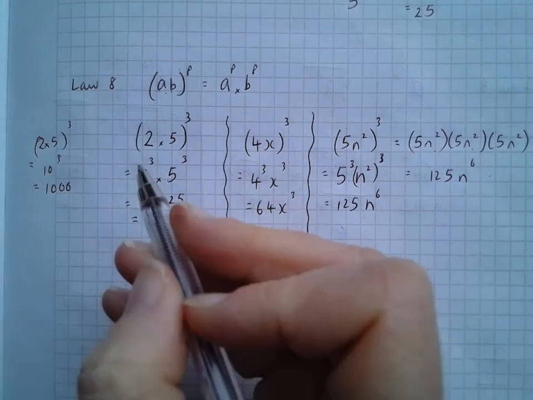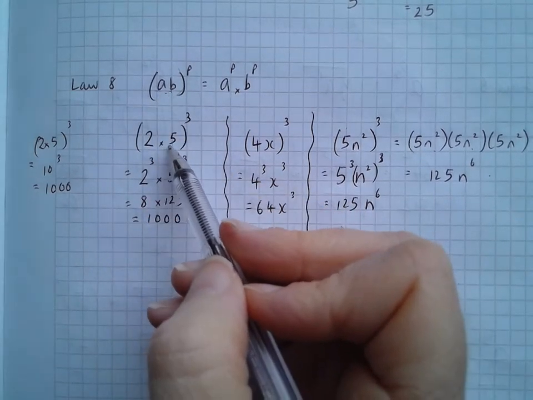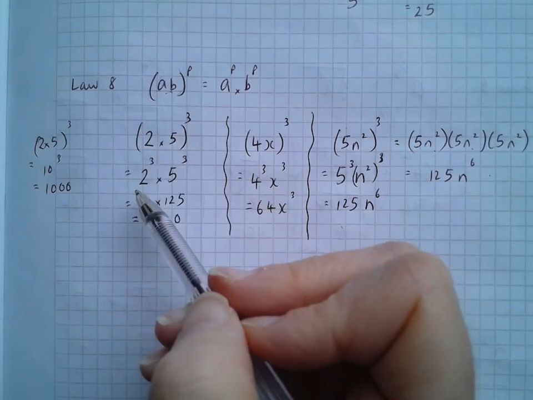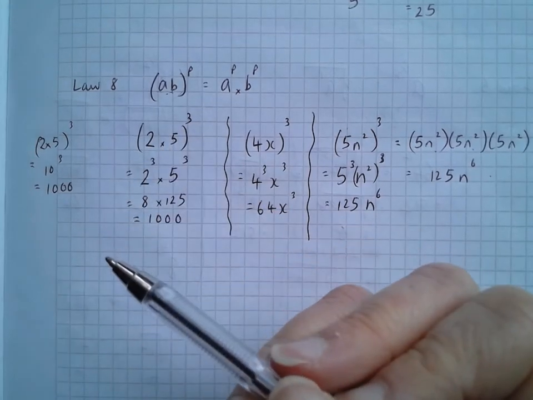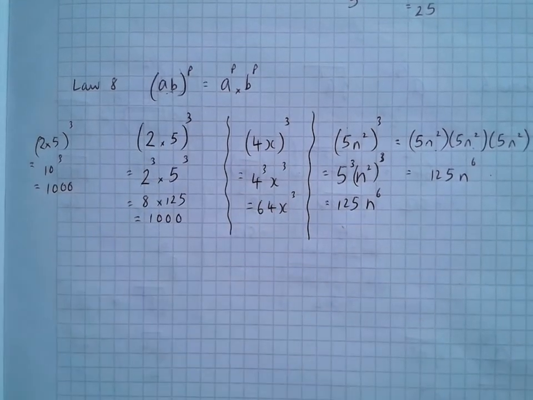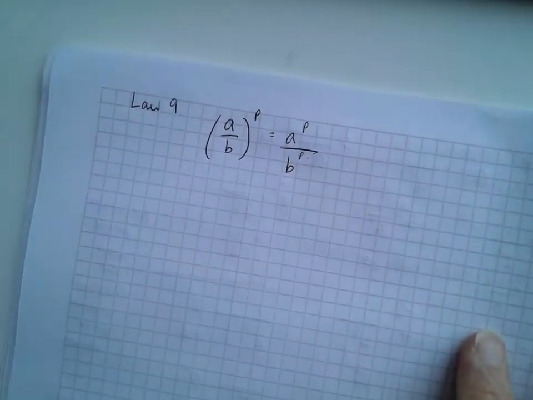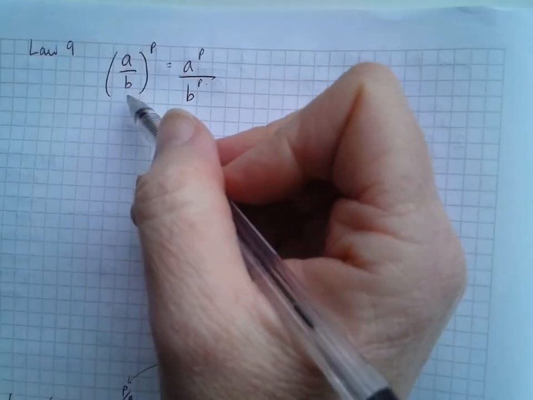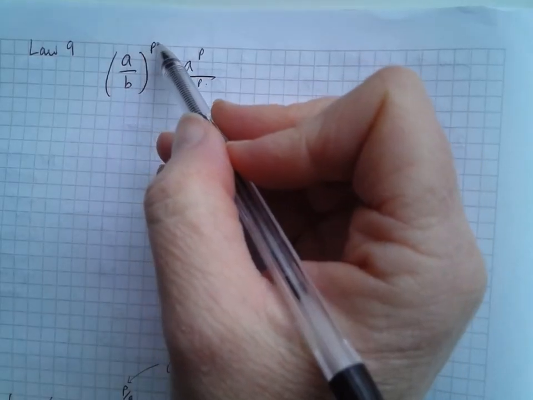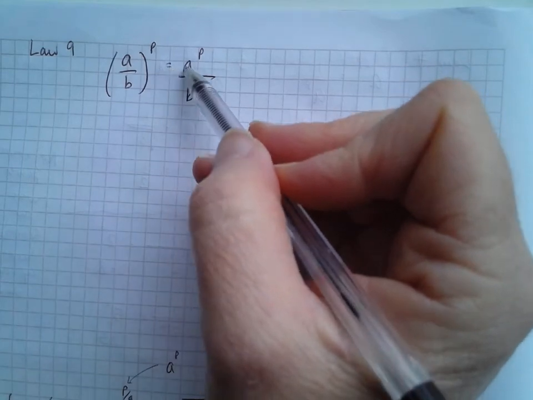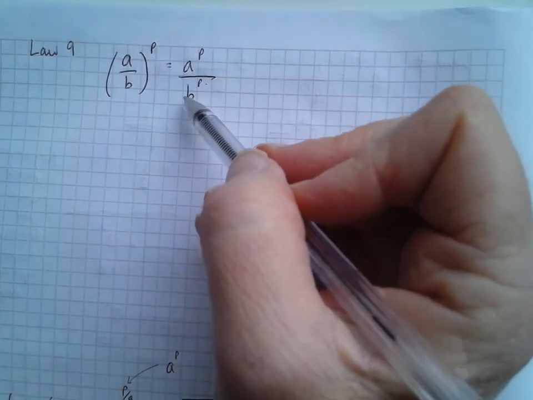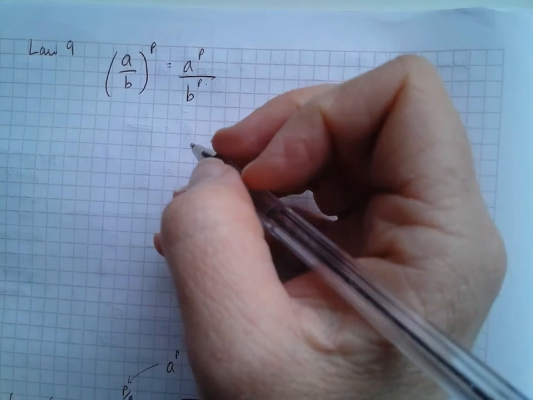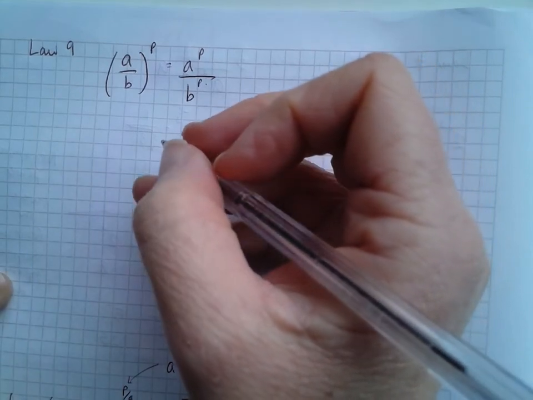Okay, if you've got two numbers that are written as a product and they're raised to a power, then each of them is raised to the power in turn. Okay, and law 9 is similar to that. Law 9 says that if you have two numbers dividing by each other and they're raised to a power, then it's the same as the top one being raised to the power divided by the bottom one being raised to the power. So an example of this might be something like